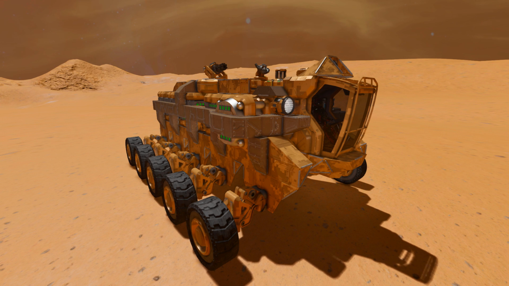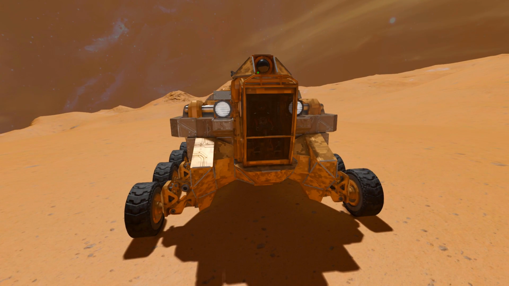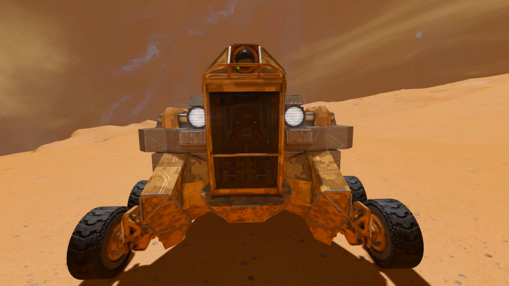So let's start by going around the outside, then we'll have a little look at what it can do and then drive it around a little. So at the very front here, we've got our industrial cockpit, which is how we're going to drive it. To the left and the right, we've got two little spotlights to light up the darkness around you. And above our cockpit, we've got a camera that allows us to view a much clearer image of where we